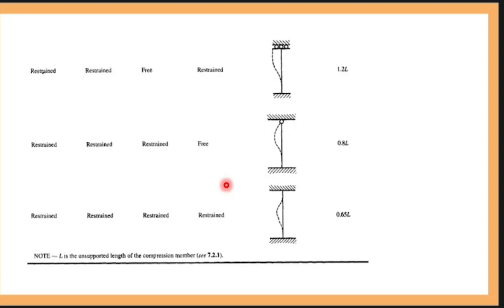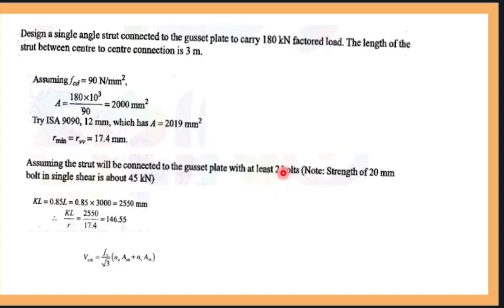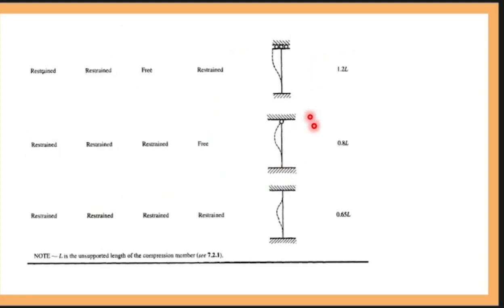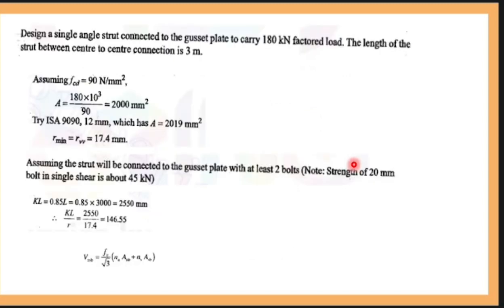In the code, you can see that if you have a bolt, one end hinged and another end fixed. When both the ends are hinged, you have a value of 1. Now your condition is that you are assuming 2 bolts. It is neither fully pinned nor fully fixed, so you can assume around 1 to 0.8. Here it is assumed as 0.85. So what is your length? Length of the member is 3 meter. So if you multiply 3 into 0.85, it will be